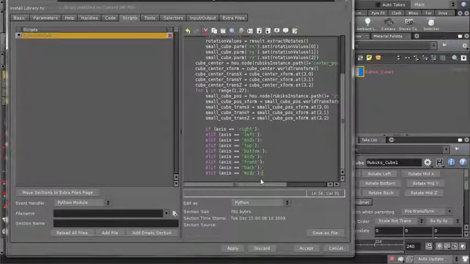Here are our 9 conditions for our 9 different buttons. Inside each one of those conditions, we are going to check the positions, and then we are going to act depending on that. So let me begin with the first condition, which is if axis equals right. And here inside it, as I said before, we know that right corresponds to the x-axis, so I'm going to use the x coordinates. So here I'm going to add another condition saying if small cube trans x is greater than the cube center